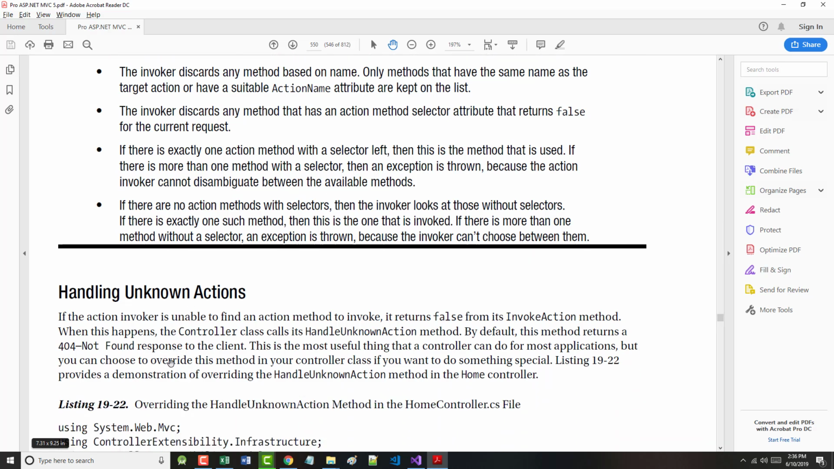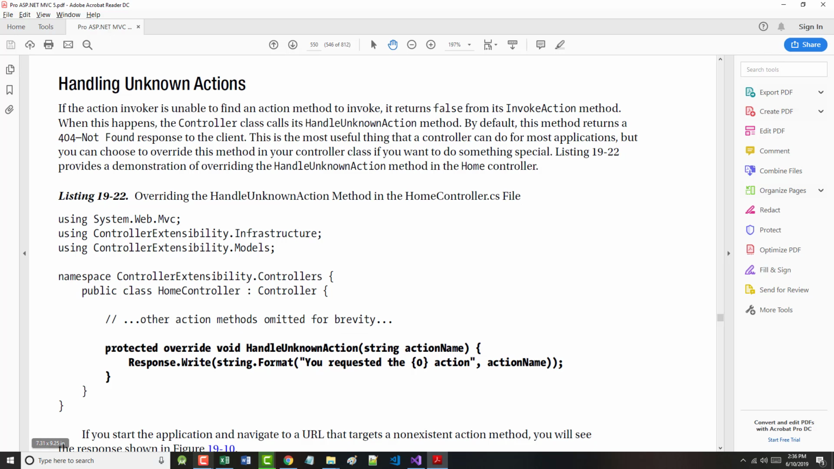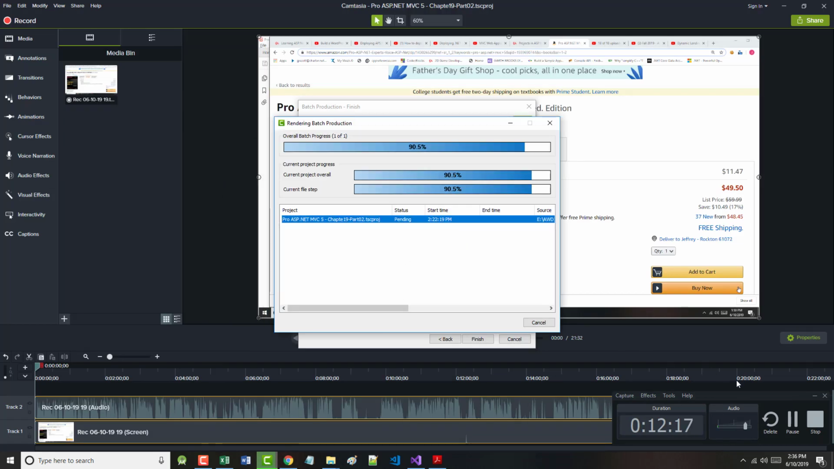All right, that brings us halfway down on page 550, handling unknown actions. Seems like a fine place to stop. And I think we'll do some